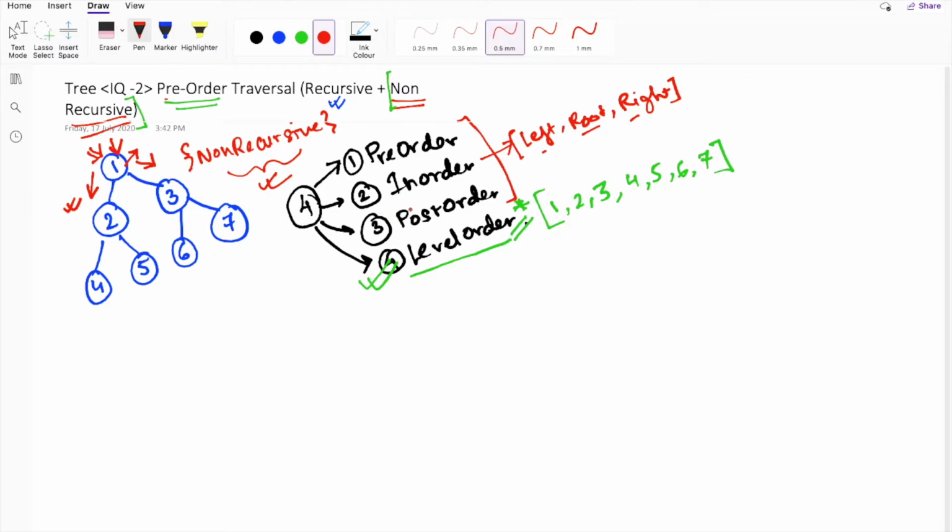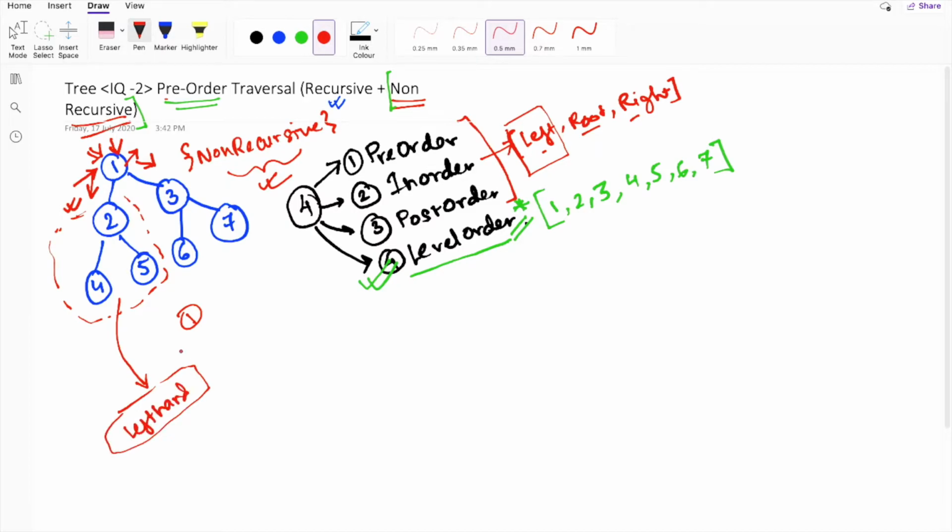So if I do an in-order traversal of the first node, that is 1, the output will be first the left hand child. For the root node, this is the left hand subtree. So here we will first have the left hand subtree, then we will print the root node, that is 1, and then we will print the right hand subtree, that is the right side of this root node. So over here we are printing the right subtree. Now the next step is we need to print the left hand subtree.